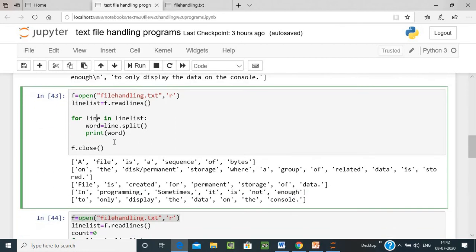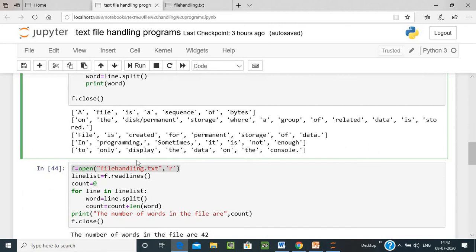So we print words, and our output will be a list containing separate words. So with the help of the split function we can convert a line into words.